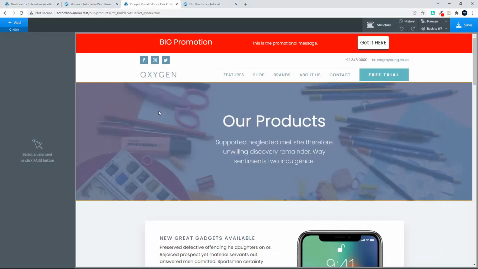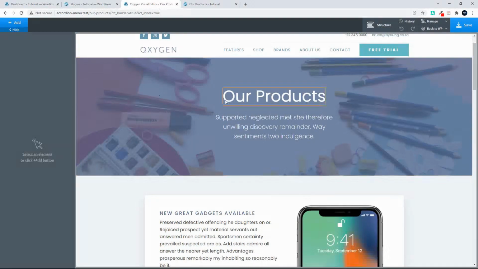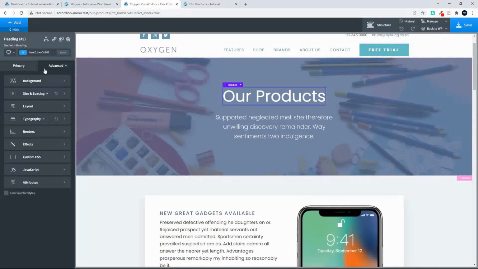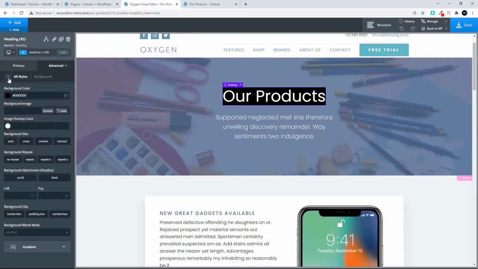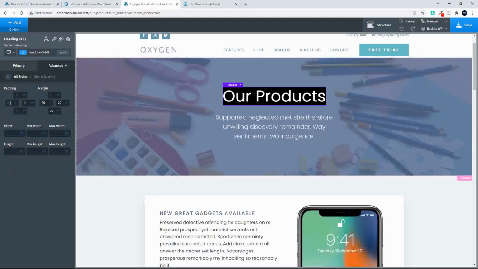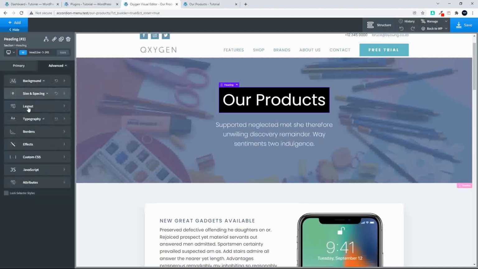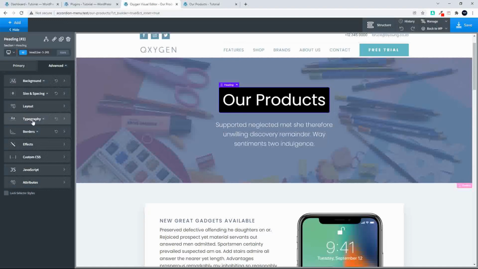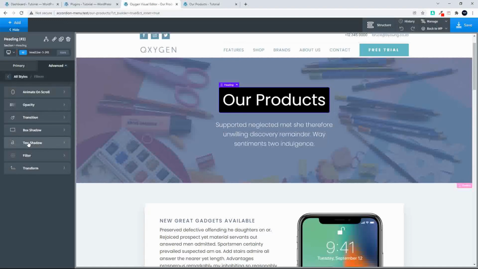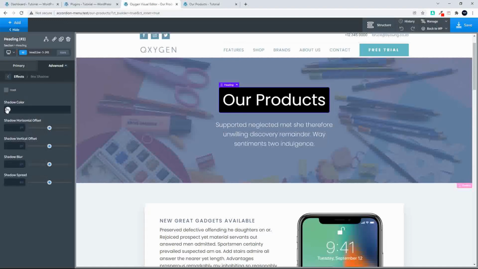With Oxygen loaded, let's have a look at changing some things. So the first thing I'm going to do is get over to products, and give it a background, and just to make it stand out, we're going to make it a black background. And then I'm going to add some size and spacing. So we're just going to add 15 pixels all around, and then I'm going to change the borders and make them rounded. And just for some special effect, we'll add a box shadow,